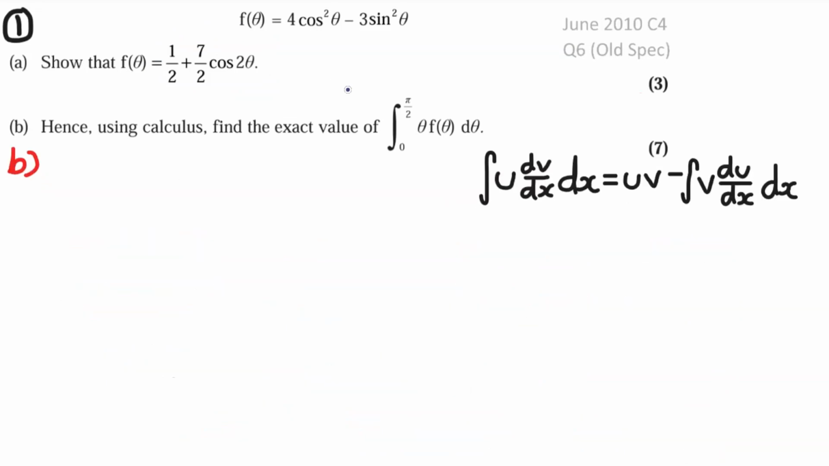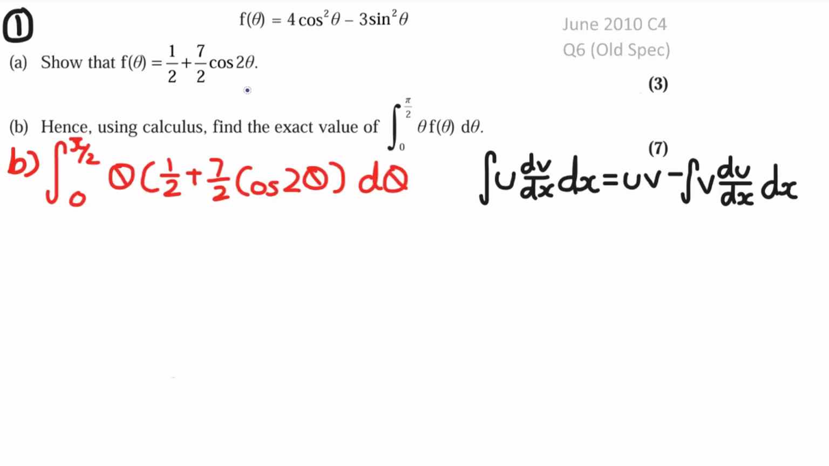Okay, and then for part B, we need to find the exact value of the integral between 0 and pi over 2 of theta f theta. Now, as we showed in part A, the f theta can be written as half plus 7 over 2 cos of 2 theta. What this question is asking us is to find the exact value of the integral between 0